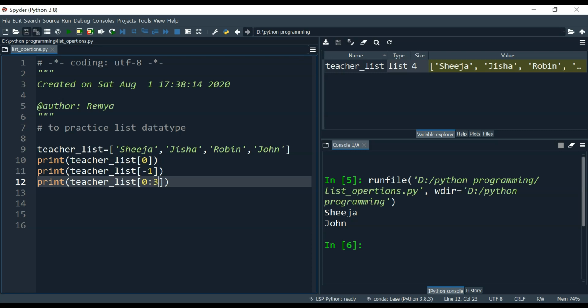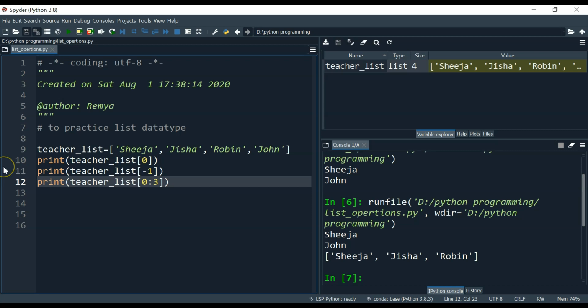Let's see whether I am getting the output or not. See, I am getting the first 3 teachers, that is Shija, Jisha and Robin. This index is the starting index for that subset, and this index, that is the ending index, means it will take only up to 3 minus 1. So it will take all items at indexes starting from 0 to 2.